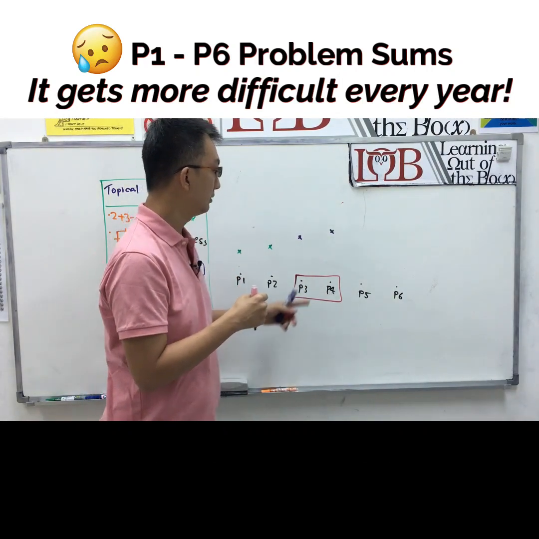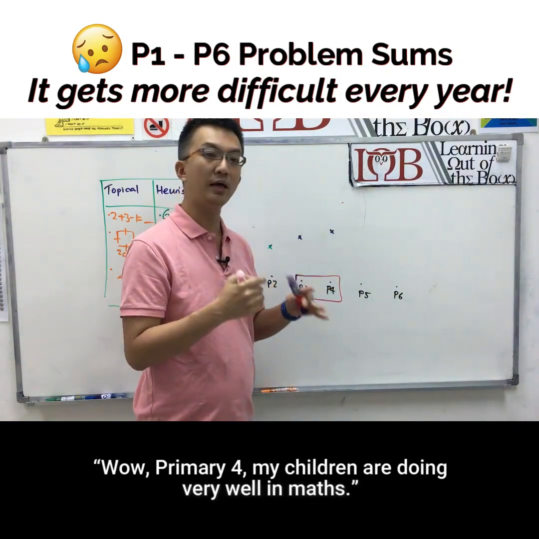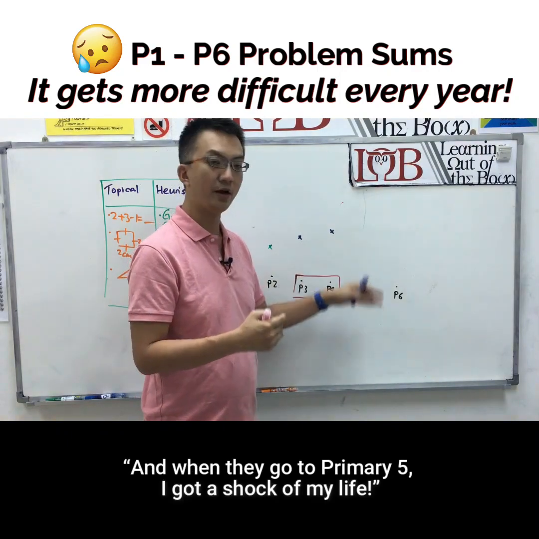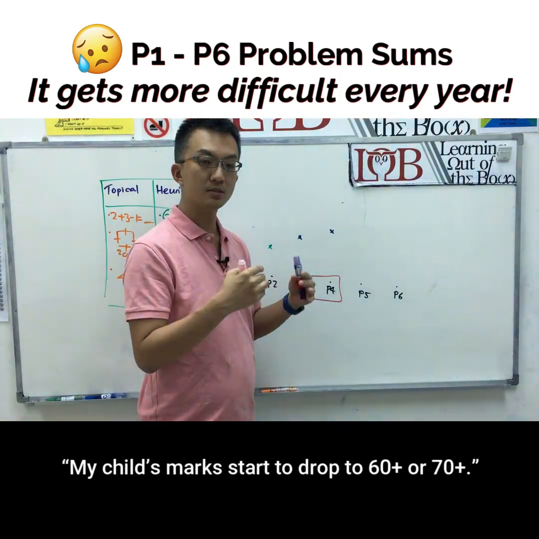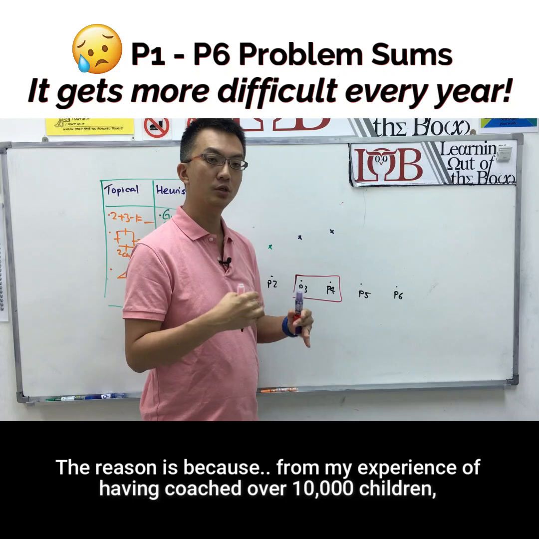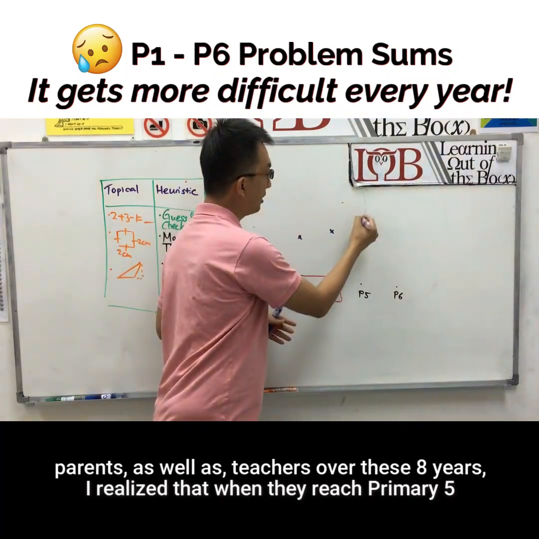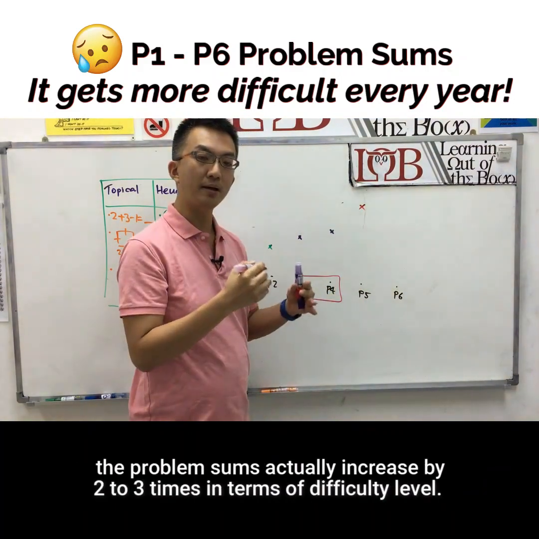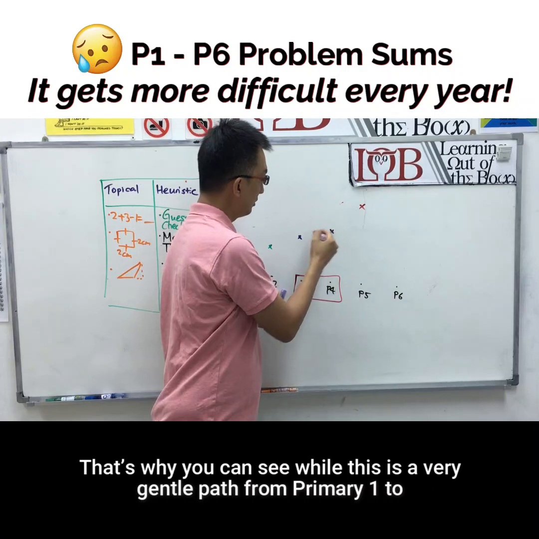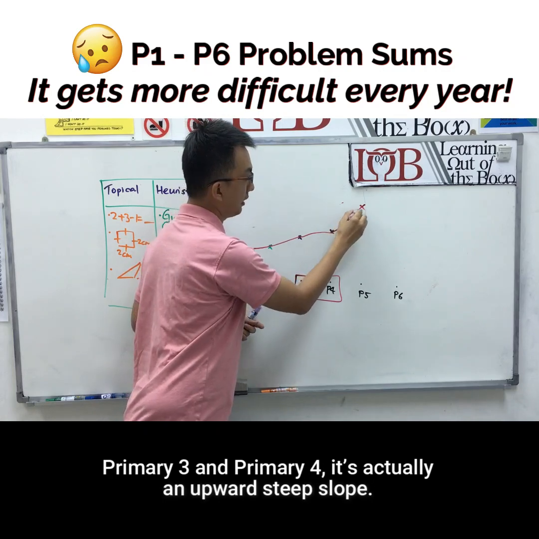Alright? Now, P5 is the part whereby you will hear many parents telling you that, wow, in P4 my children are doing very well in maths. They are probably scoring like 80 plus or 90 plus, and when they go to P5, I got a shock of my life. My child's marks start to drop to 60 plus or 70 plus. The reason is, from my experience of having coached over 10,000 children, parents, as well as teachers over these 8 years, I realized that when they reach P5, the problem sums actually increase by 2 to 3 times in terms of difficulty level. So that's why you can see that while this is a very gentle path from P1 to P3 and P4, it's actually an upward